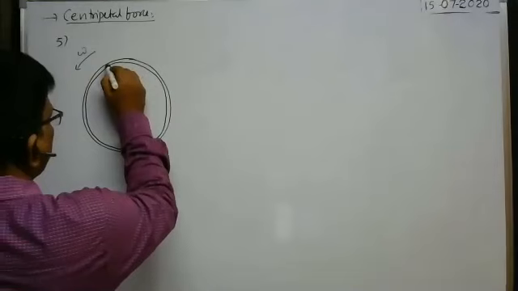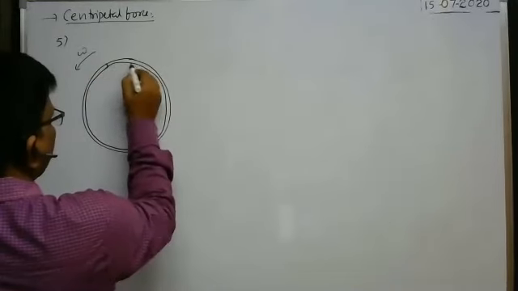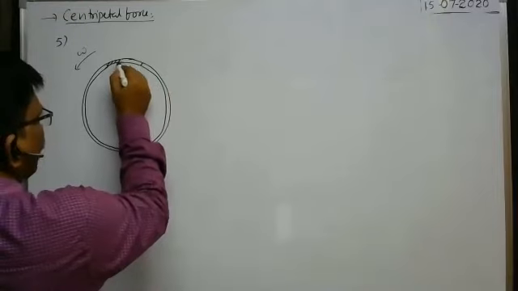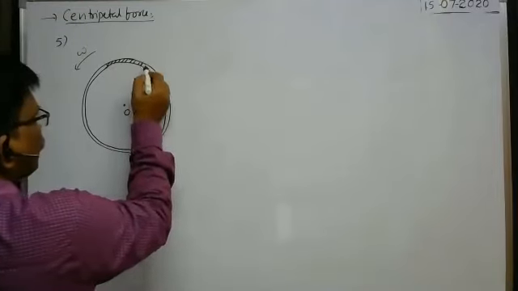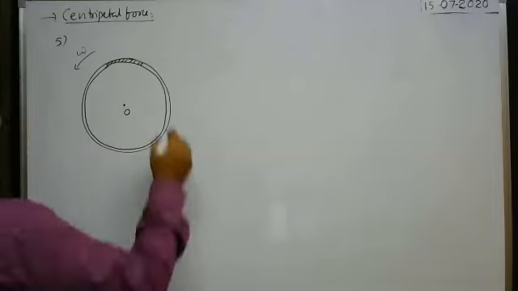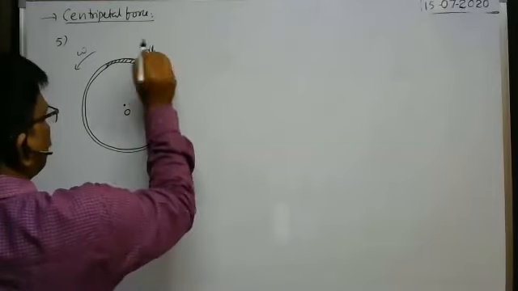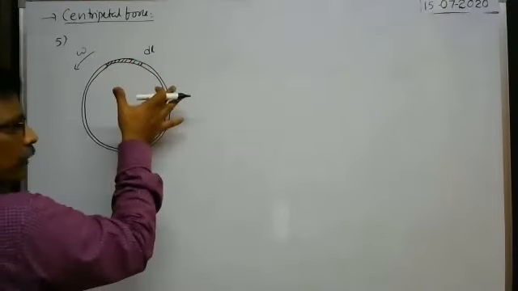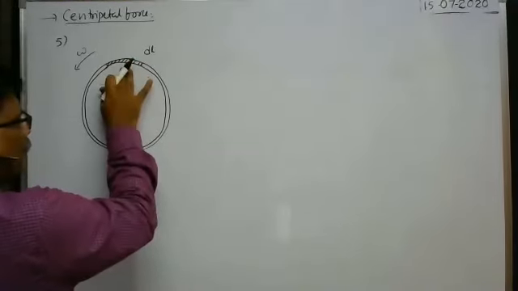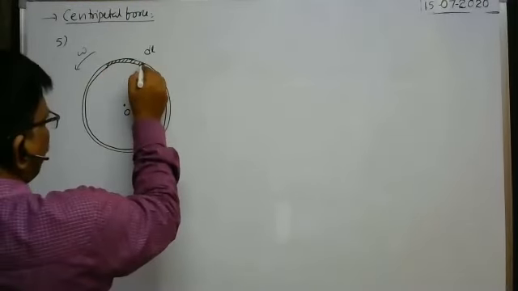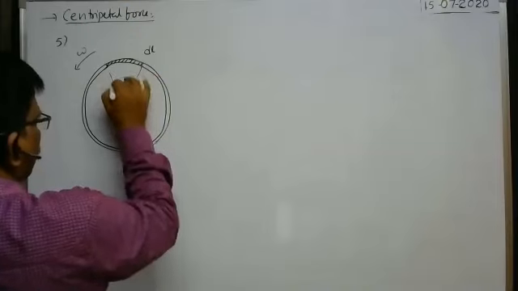For example, you write here. Imagine a small element here. Actually, I drew it with more length in order to see the diagram. An element means an infinitesimally small element having length say dl. Its length is negligible, but in order to see it in the diagram, I drew it with more length. The angle subtended by the element at the center.